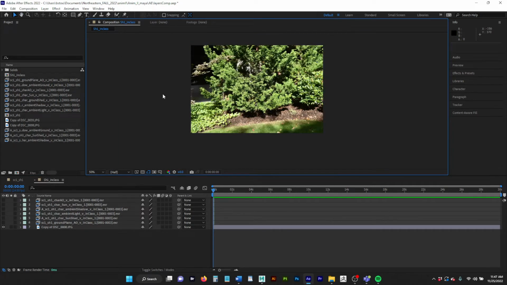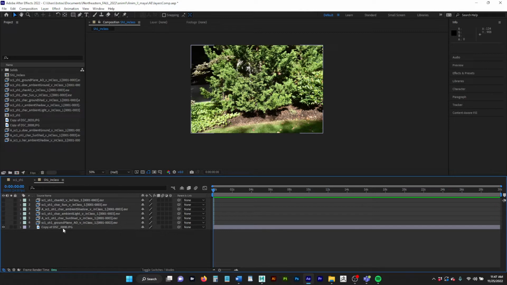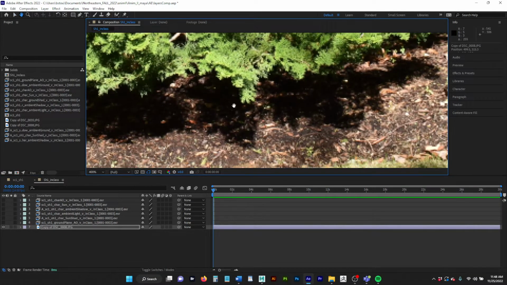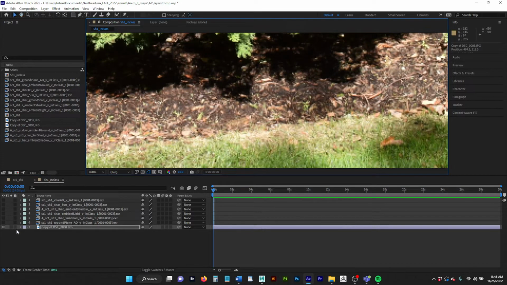In Maya, we've got this set up as the image plane for the shot camera, and we match our camera in Maya to the camera that took this footage, or in this case, a still photo backplate, and that is our backplate coming in at the bottom. I'm going to zoom in a little and hold the space bar so I can see where my character's coming in. On top of the backplate,